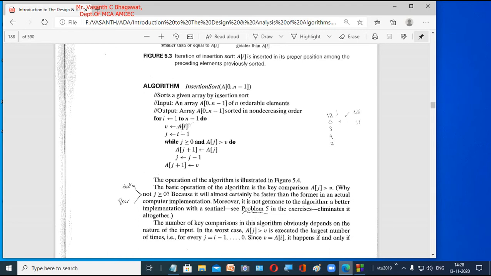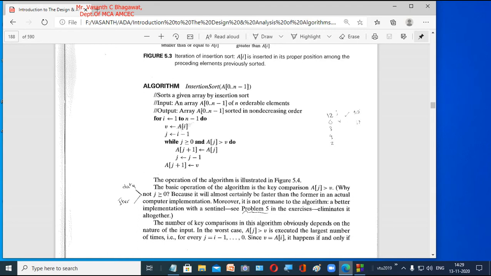Now we put A of i into a temporary variable, we store it in v, and we assign j to i minus 1. So j will be pointing to the first element of our array because we are starting i from 1. Now we check, while j is greater than or equal to 0 and A of j is greater than the temporary element v, we put A of j into A of j plus 1.